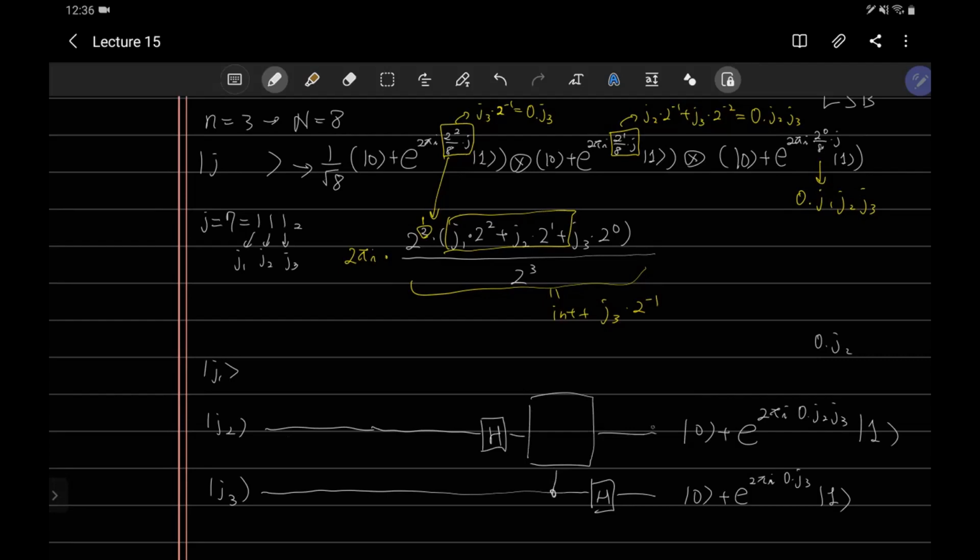And then if you consider the action of this gate, then what it should do is, if I represent the function of the gate in terms of the matrix representation, then for the zero basis, we should not have any change. But for the one basis vector, then we need to have some additional